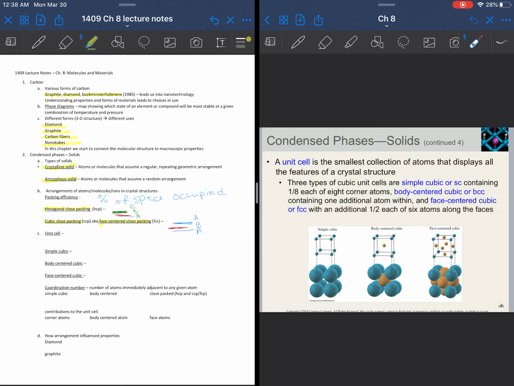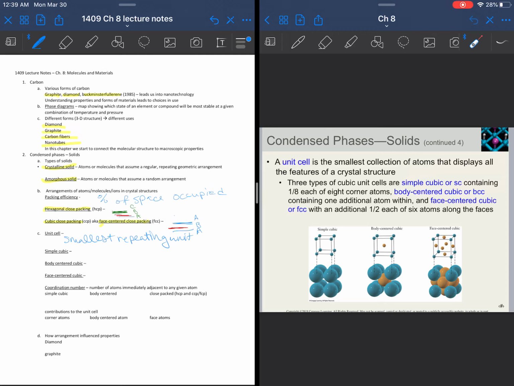When we're looking at that three-dimensional structure, it's also important for us to talk about something called the unit cell. The unit cell is going to be the smallest collection, or the smallest repeating unit of a solid crystal structure. So if we took a solid and we took that unit cell, we could expand it in all three dimensions to get that three-dimensional structure. It is the unit that would be repeating. There are many different types of unit cells. You are going to be responsible for